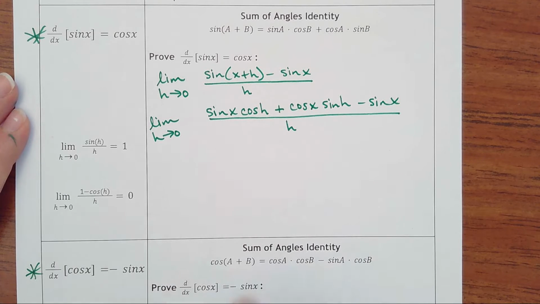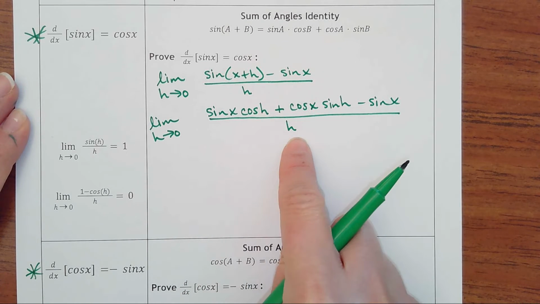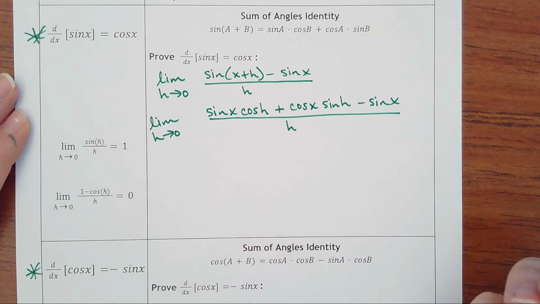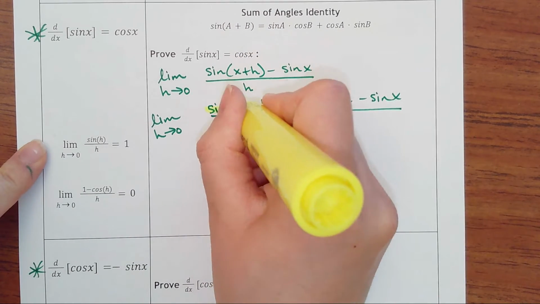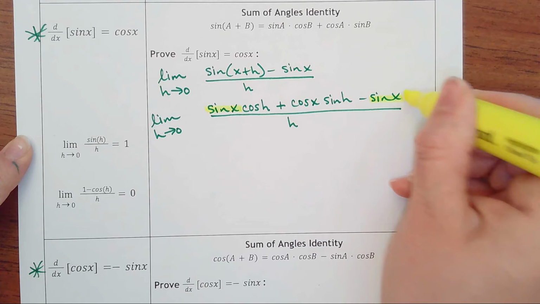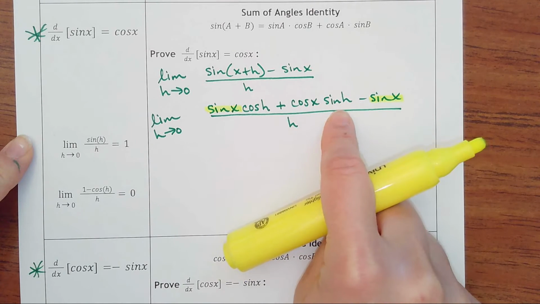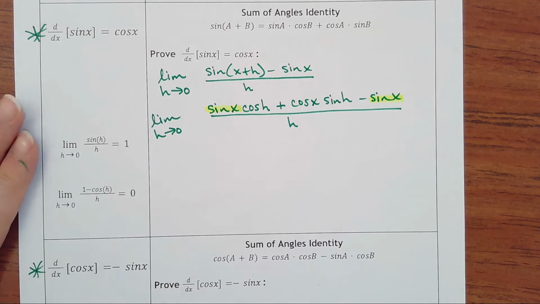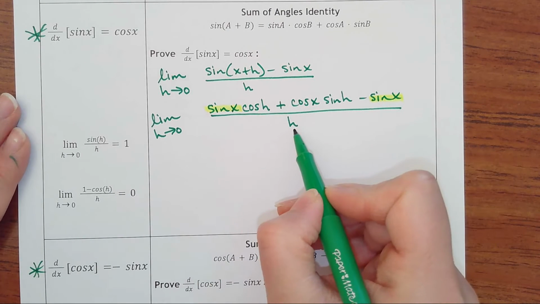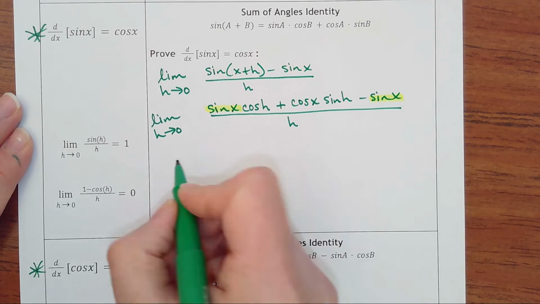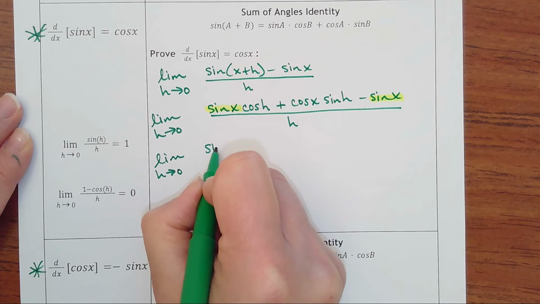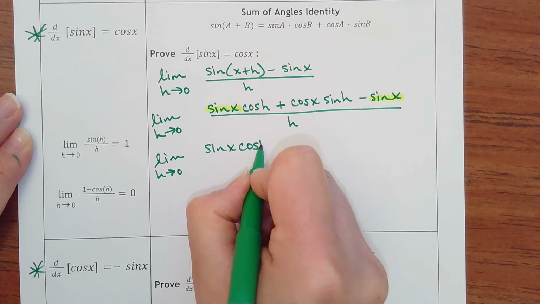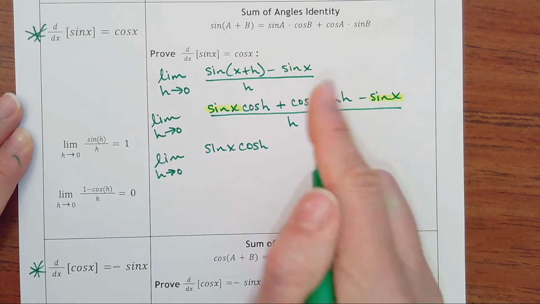Okay, and then I see 3 terms all being divided by h. I can't simplify that at all, other than I can look at my terms and regroup this how I want, because I see that this term has a sine of x, and so does this term at the end. This doesn't. This has a sine of h. So I'm going to rewrite this so that this and this are all over h, and then I'm going to put this over h as well. So I'll put limit as h goes to 0 of sine of x cosine of h, minus sine of x